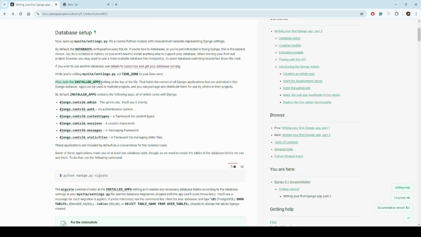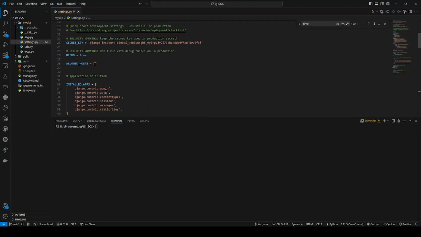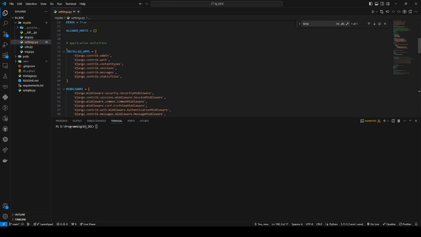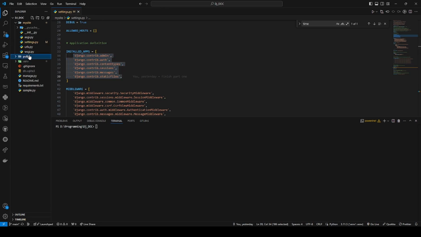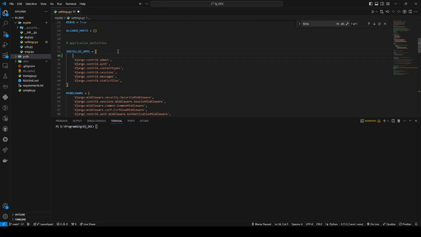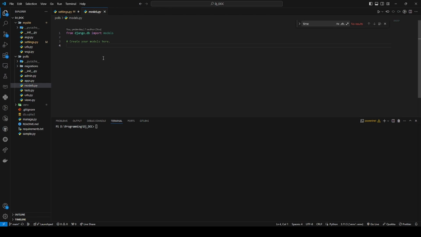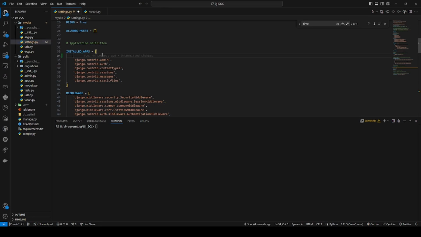Here you'll see that there is a list of installed apps in the settings file. Any installed apps that you have here are going to be registered for migrations. So when you have a new app, like ours, polls, we will have to include it here in the list of installed apps, so that the migrations and the changes that we make in the models, because we're going to start working in the models now, and any change that you do here, Django is going to know that you're making changes and upgrades,